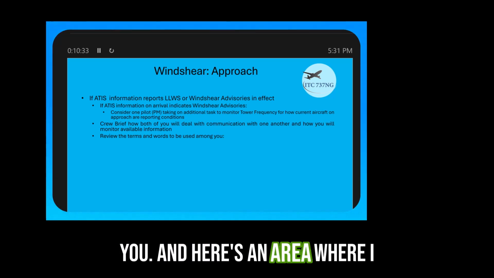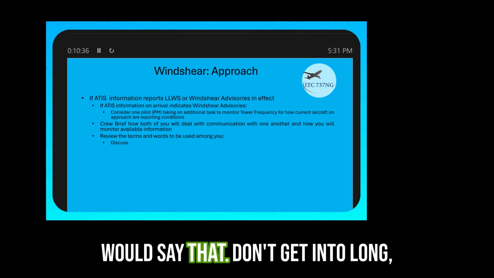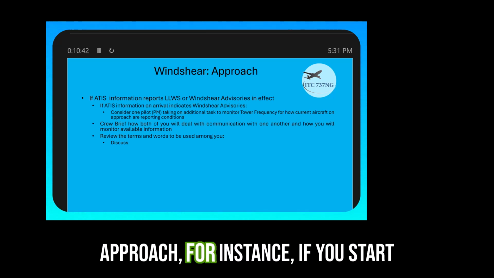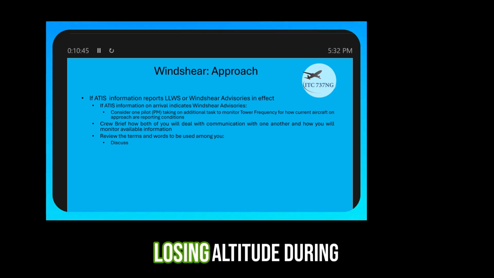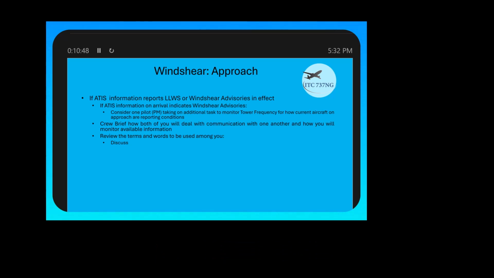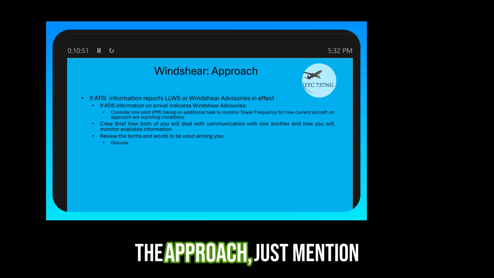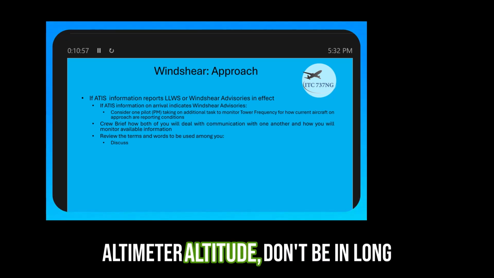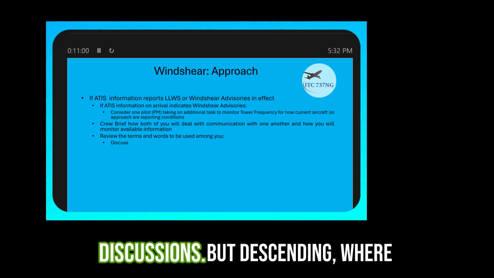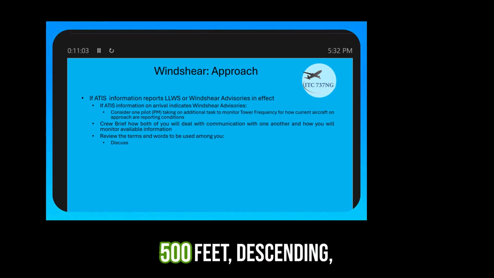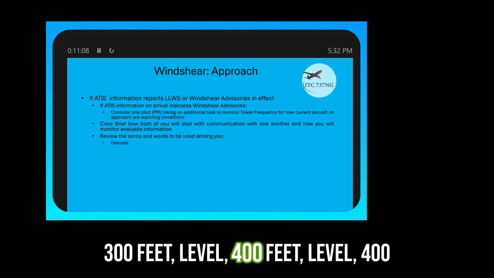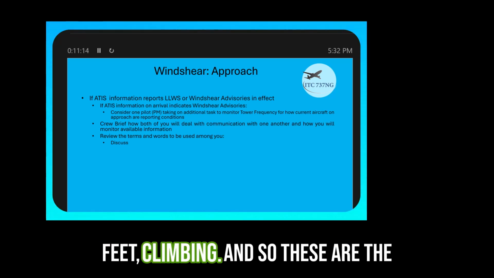And here's an area, gang, where I would say don't get into long, lengthy discussions. If on the approach, for instance, you start losing altitude, just mention descending and give the radio altimeter altitude. Don't be in long discussions, but: descending, we're 500 feet, descending 300 feet, level 400 feet, climbing,